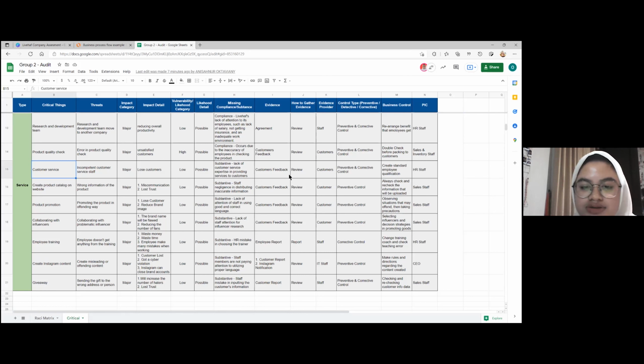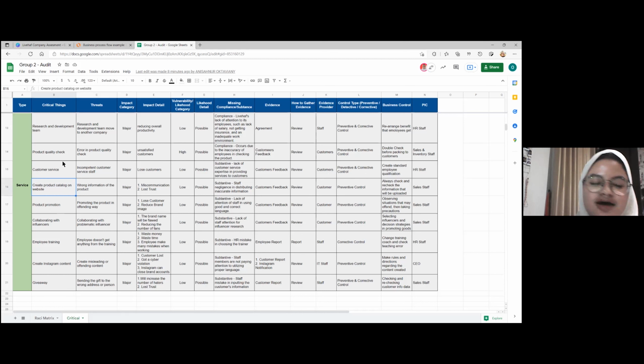And the evidence is from customer feedback, and how to gather this evidence is from customer review. The evidence provider is the customer, and the control type would be preventive and corrective control through creating a standard for employee qualification, and the PIC would be the HR staff. Next,